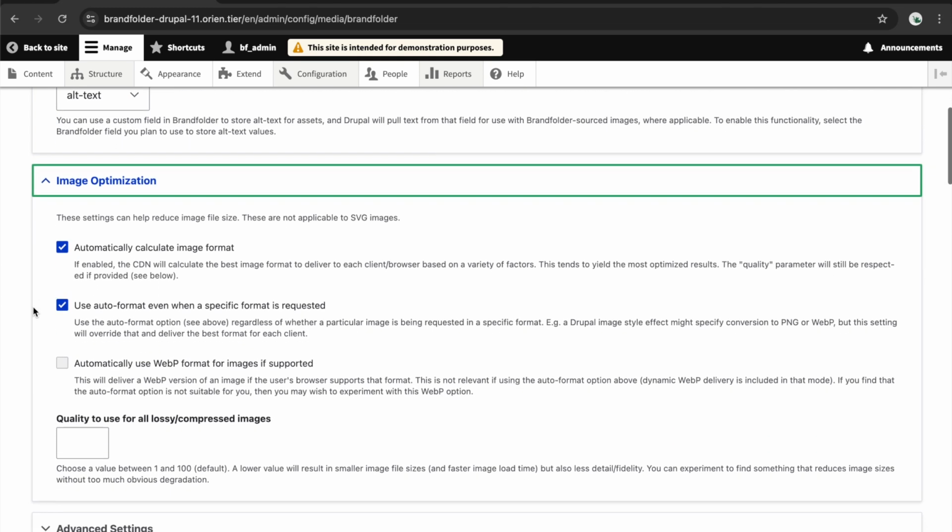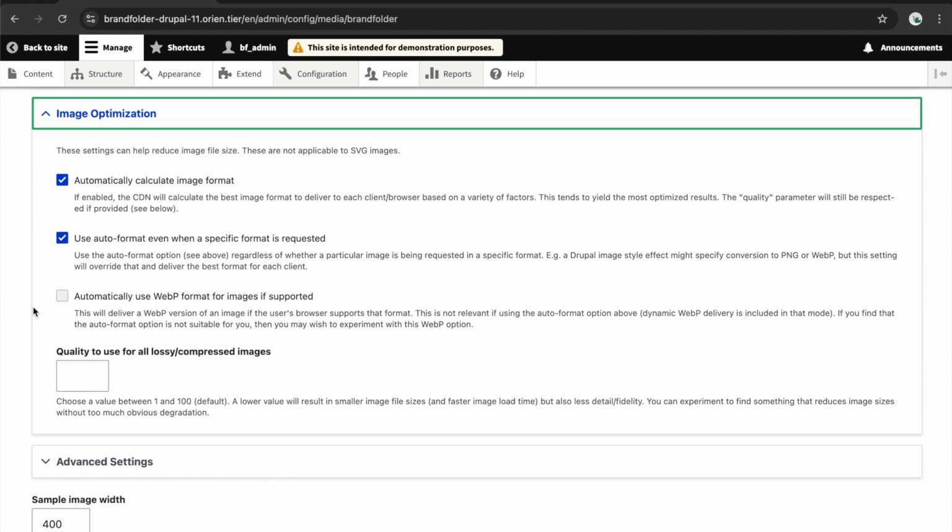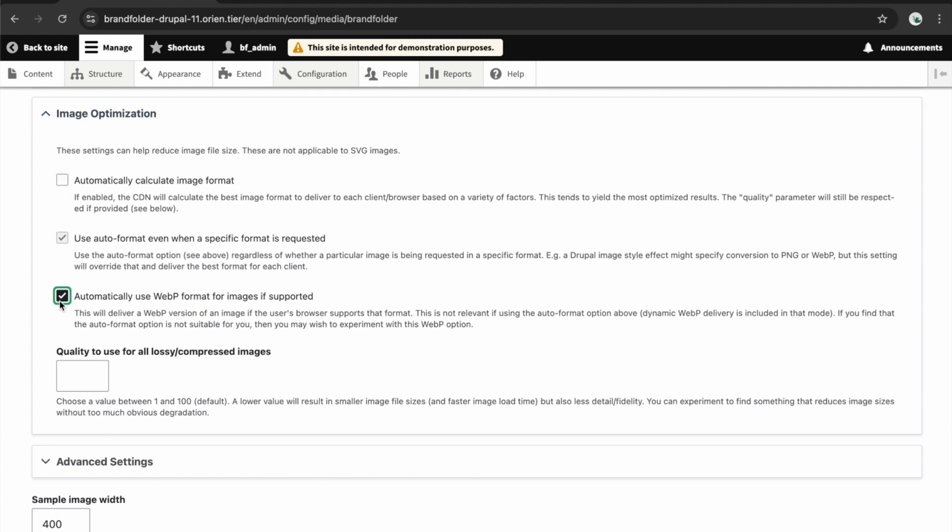Then this next section is a pretty powerful set of options here. So you can use these settings to control how the image optimization settings on the Brandfolder CDN are applied. This works quite well for a lot of people to really cut down on bandwidth on the actual client data download sizes, to do things like delivering images in a format that is catered to the particular client making the request. So we can say, kind of the simplest one is this one down here, to say serve it